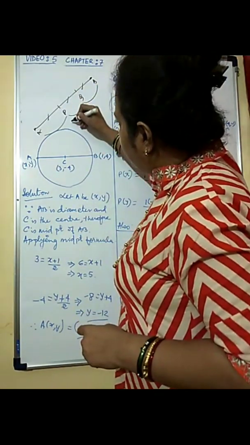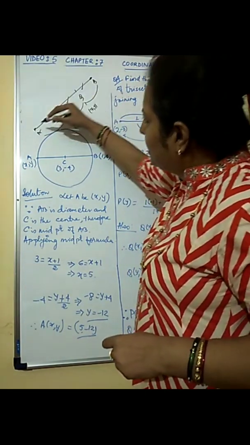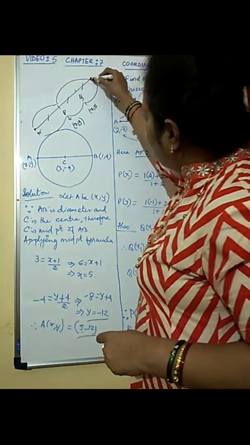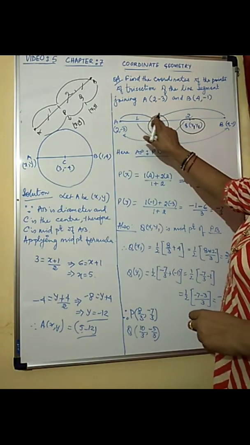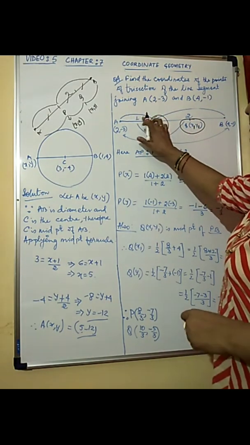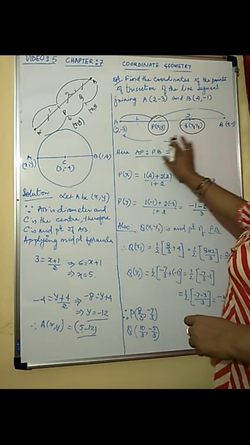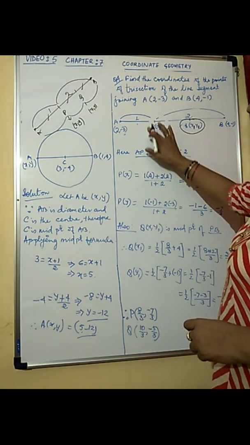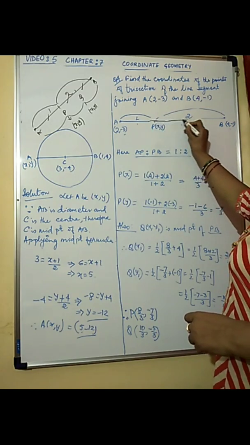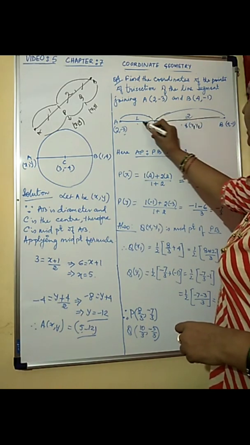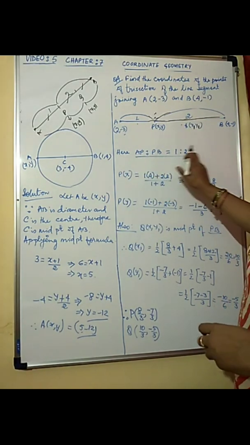And if I consider point P, say this is (x, y) and Q is (x1, y1), then the ratio of AP to PB will be 1:2. So this is what is taken here. The ratio of AP to PB is 1:2. And then this arrow I marked so that you remember how to multiply the numbers. That was the sole purpose of marking the arrow. You can see this is 1 here and this is 2 here. So we say AP is to PB is 1:2.